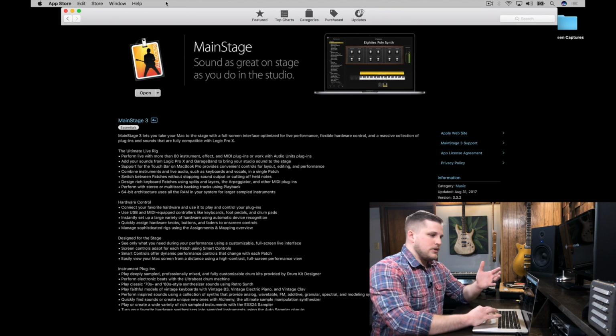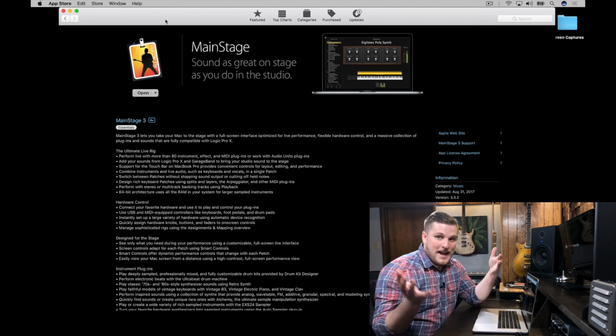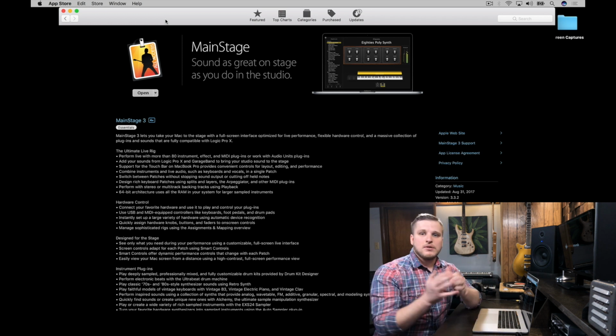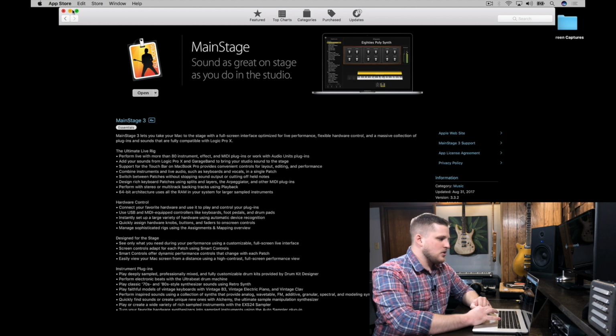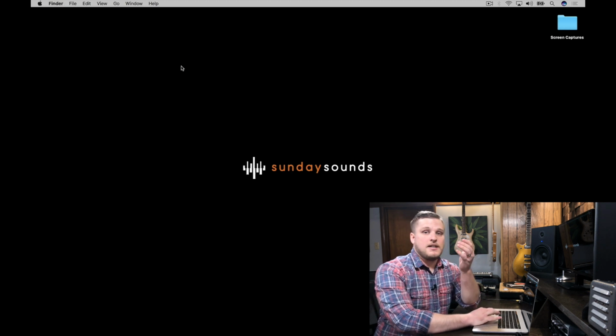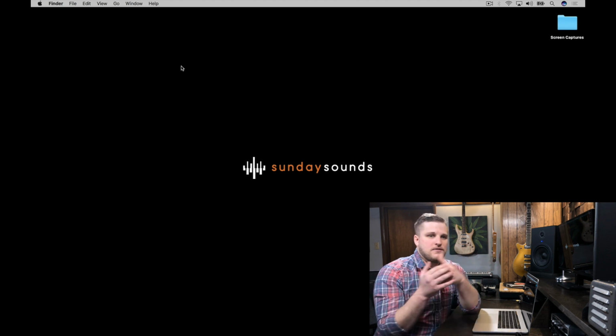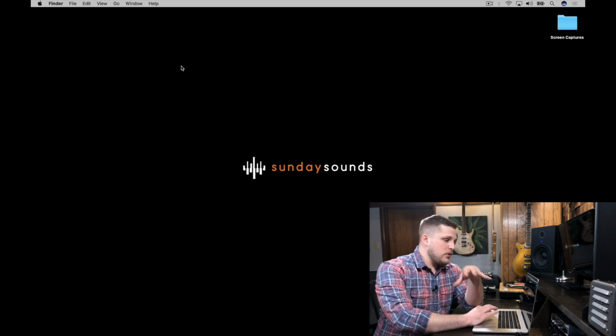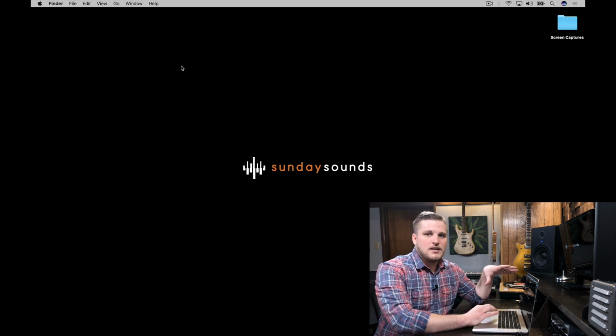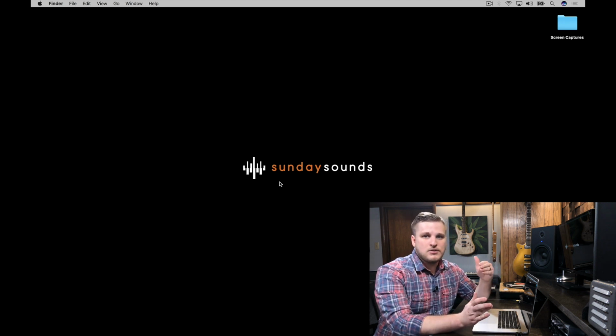So you've got it on your computer, but what if you don't already have a computer? What if you're searching for buying a Mac, or you have an old Mac and you'd like to buy a new one? Well, there's all sorts of variables to consider there, and it can be really complicated to cut through because there's all sorts of different factors like the amount of RAM, the type of hard drive, how old the computer is. There's so many things, and we didn't want to chew up all of this video talking about all of those variables. So what I want to refer you to is the Gear Finder tool on our website,